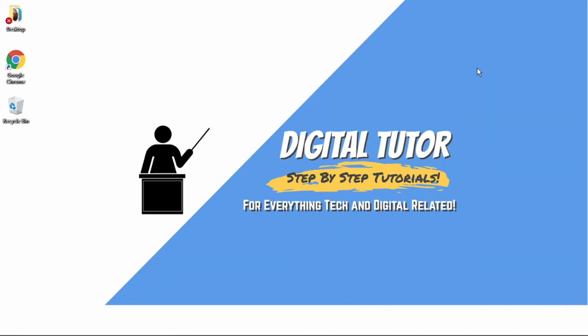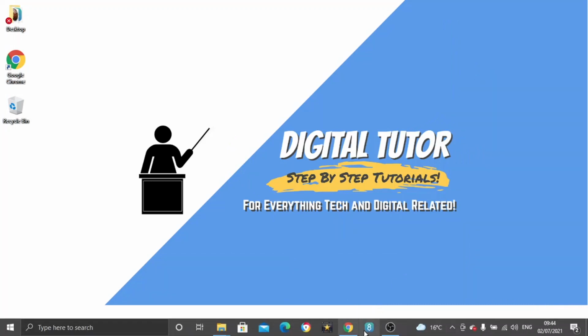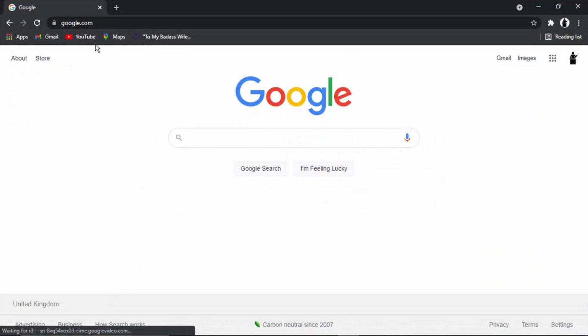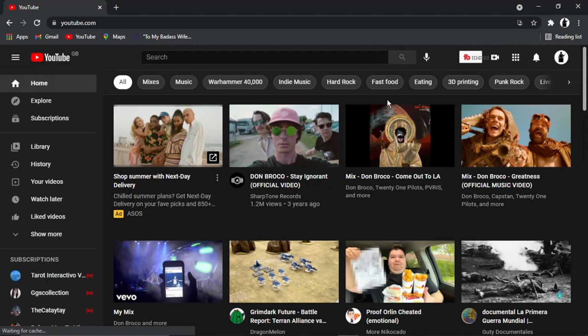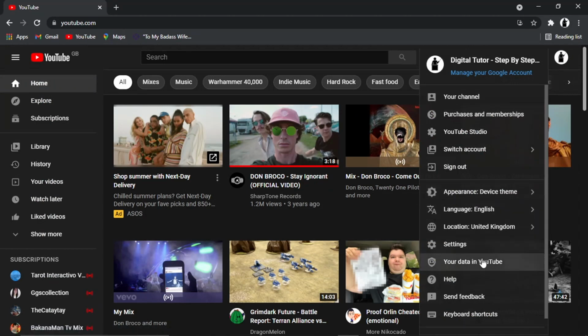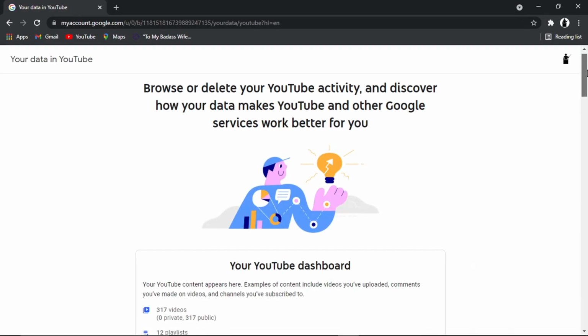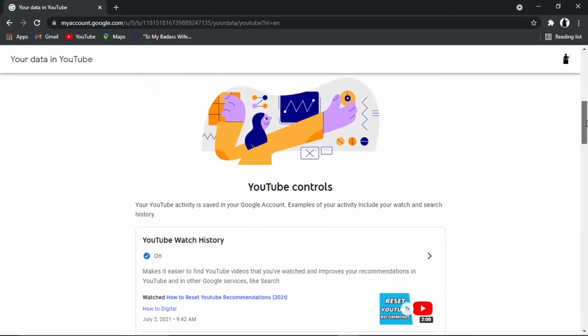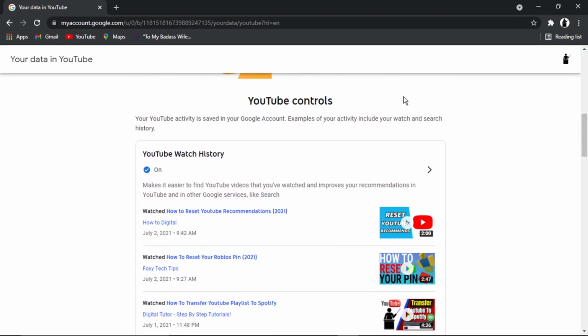So to do this, the first thing we need to do is come across to youtube.com, and if you haven't already, you just want to go ahead and sign into your account. And then what you need to do is actually click your profile icon, which is up here in the top right hand corner, and then you want to come down and click onto this option here which says your data in YouTube. So if you just scroll down slightly until you get to this bit under YouTube controls where it